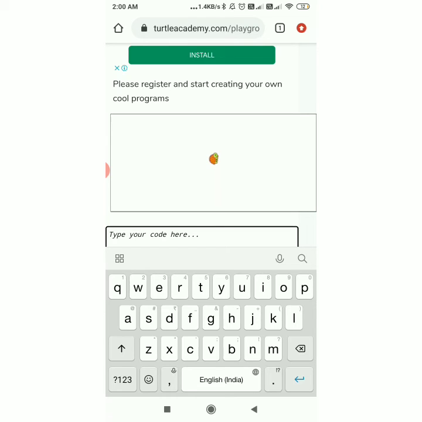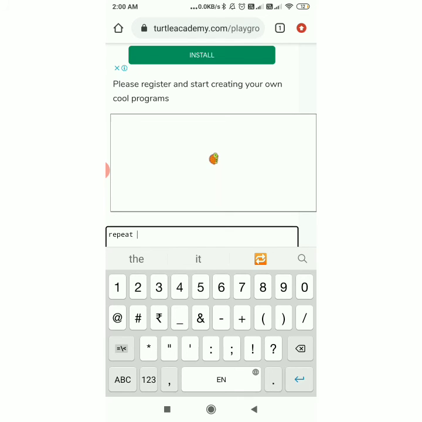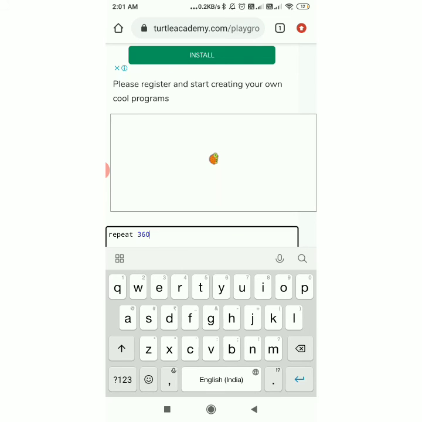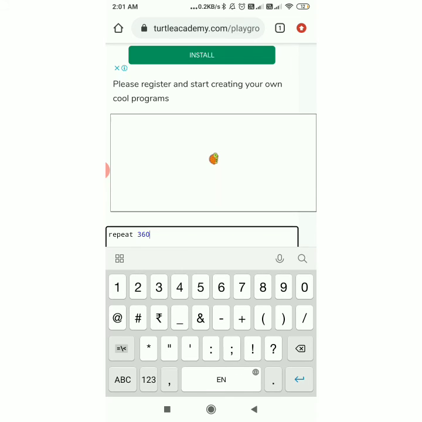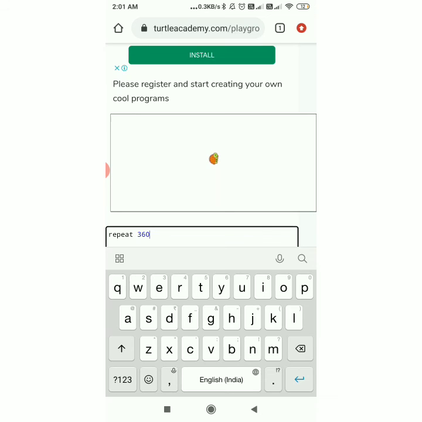I already discussed that for a circle we have to write FD1 RT1, so we'll not write it 360 times. For that we will write the repeat command, REPEAT, and 360, because we have to mention the number of steps also, meaning we are giving the command to the turtle to repeat 360 times.